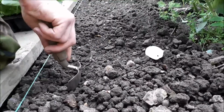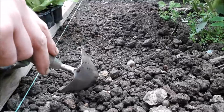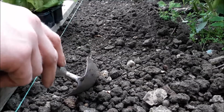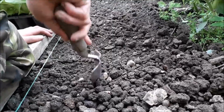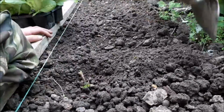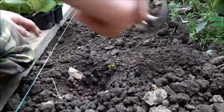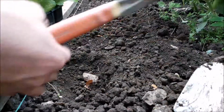So the next thing I'm going to show you is how I plant my lettuces. So I've got these lettuces here. These are some that I've sown a while back. And what I do is, this time, because they're in plug trays, I'm not going to just take them out with this. I'm going to use my dibbing tool,